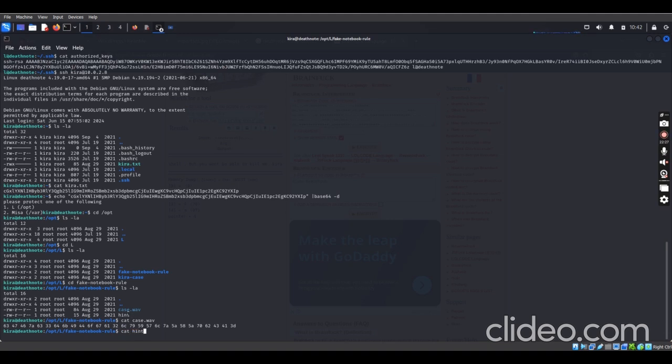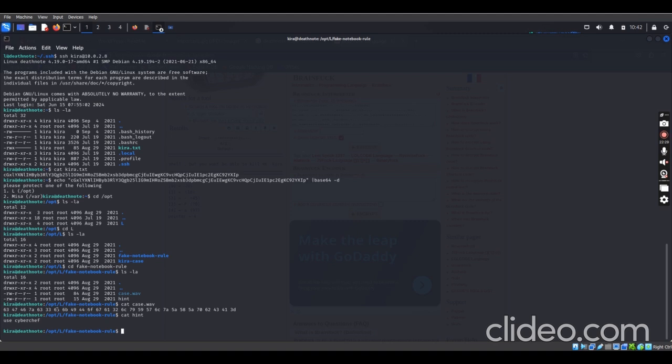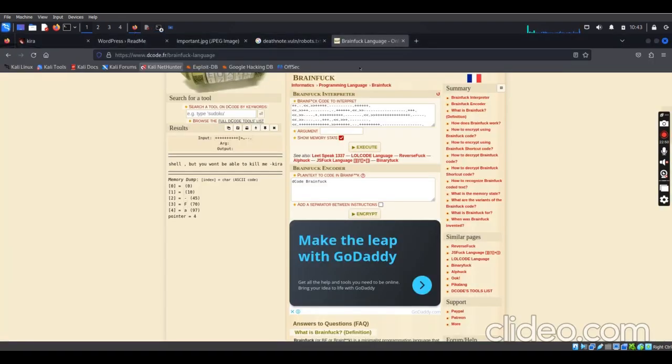I checked the hint, and it says I should use CyberChef. CyberChef is an encoder and decoder tool online, which we can use to either decode or encode any encryption, such as base64 or hexadecimal. So I'm going to go online now, to CyberChef.